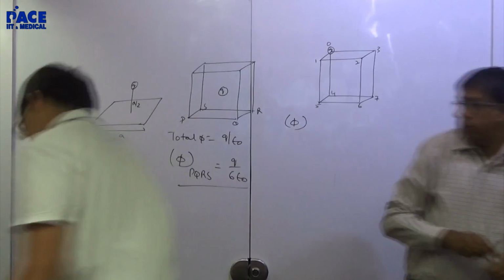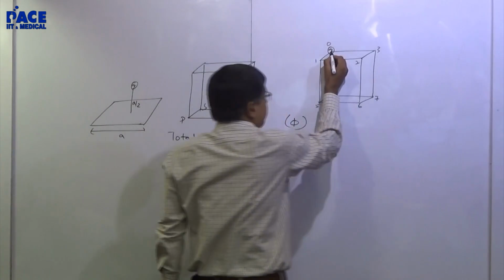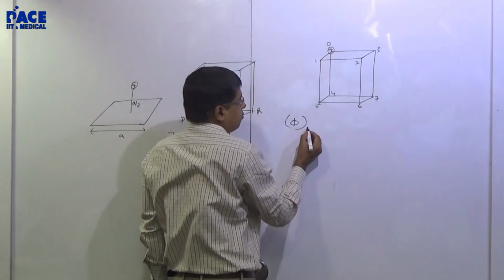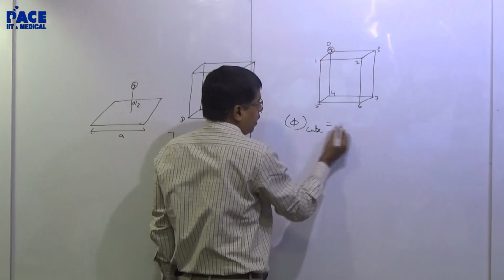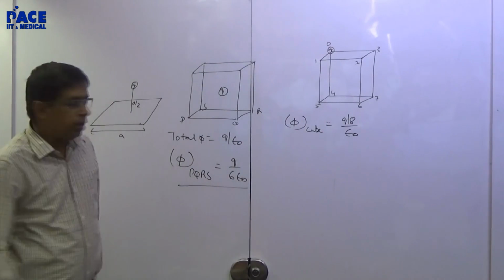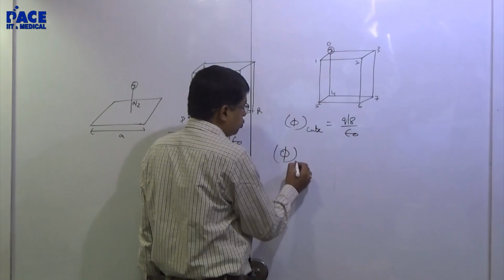Now, this corner, if it is shared by 8 cubes, what part of it is shared by this? Flux through the cube will be equal to Q by 8 epsilon naught. Now your point is flux through